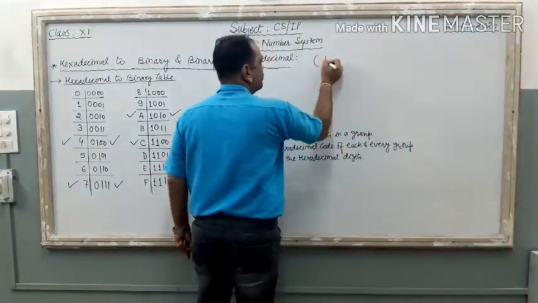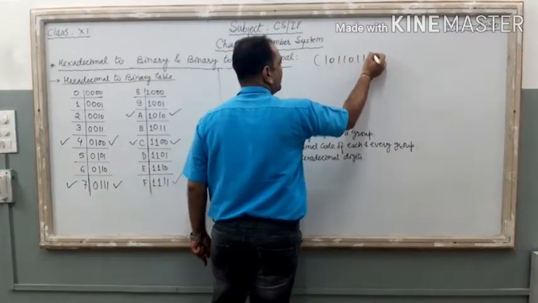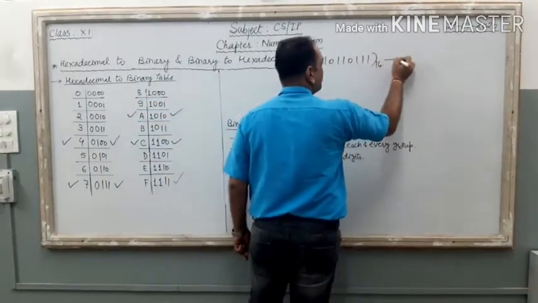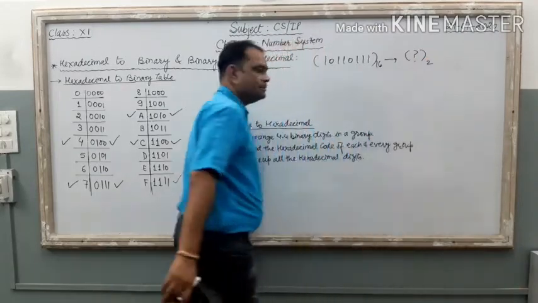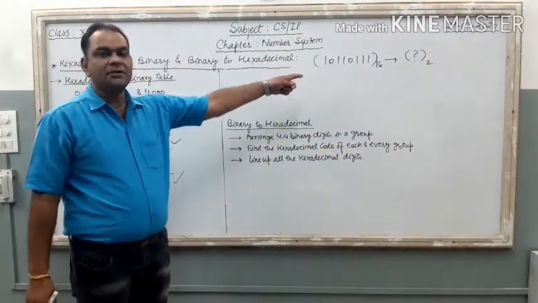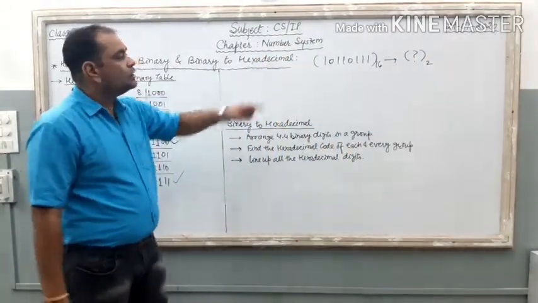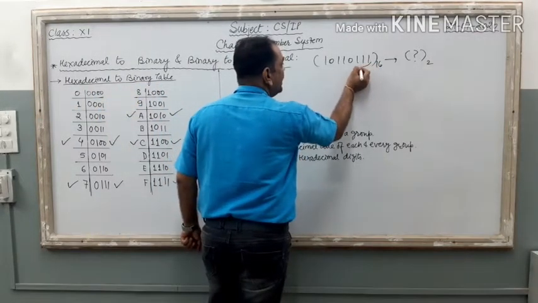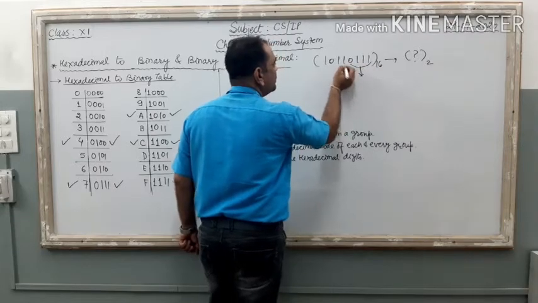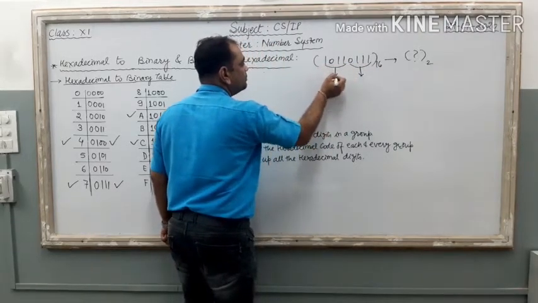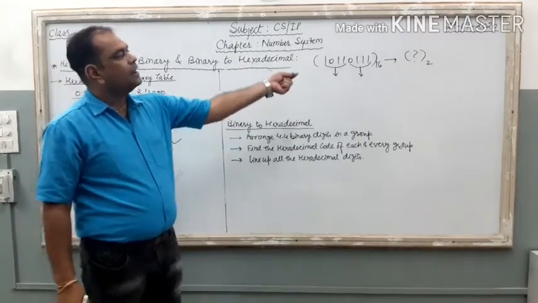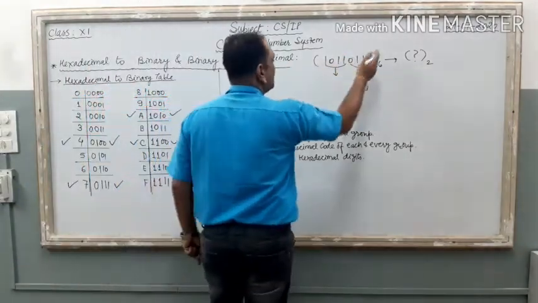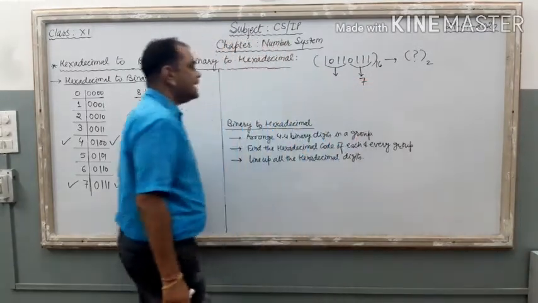Just take one more example. If you find the value 10110111, now it is the whole number, no fractional part. Now if you are going to convert this into hexadecimal, no fractional point, no decimal point, so start the group creation from the very rightmost part. It is the very first group, it is the second group, right? 4 digits are there in the first group, 4 digits are there in the second group.